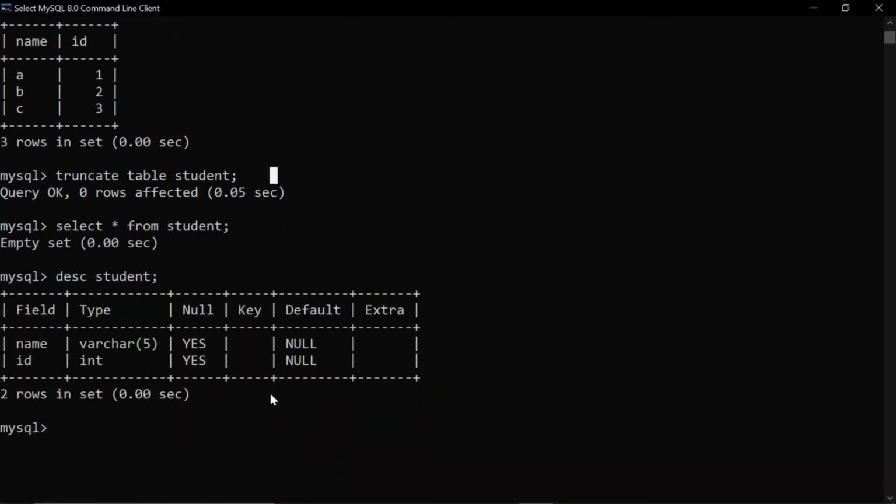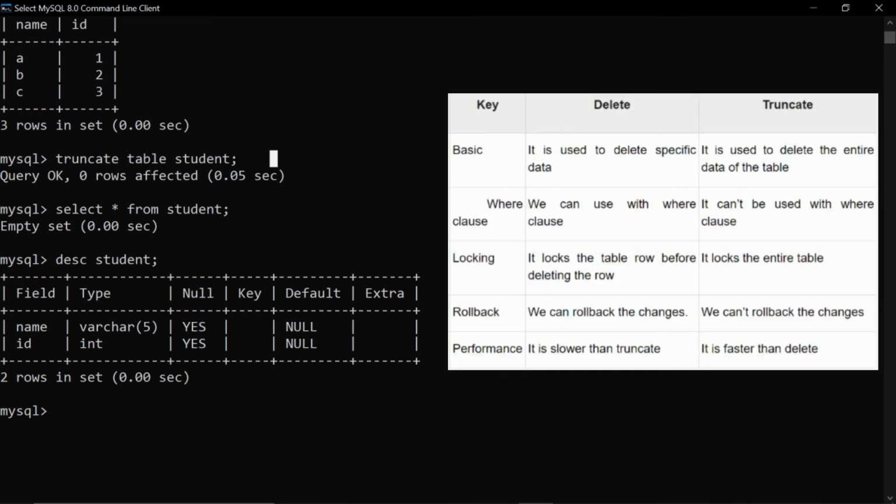Another, the delete command is slower than truncate. If you are using delete command, then its process will be slower than truncate. So this is the difference between truncate and the delete command. I'll put the image here so you can see, or you can take the reference from it, that what are the differences and you can note them.